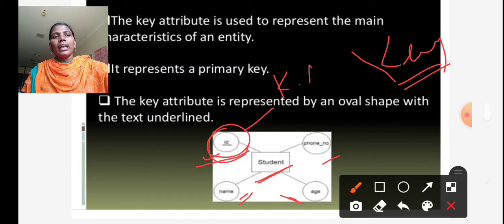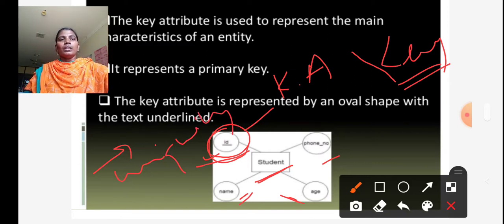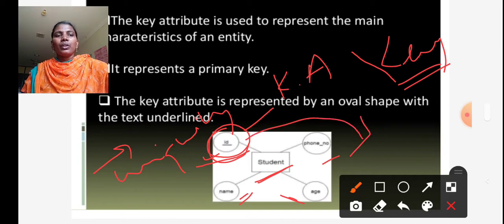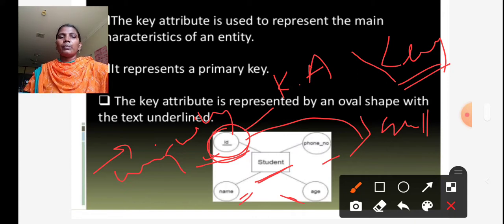A key attribute displays the data values uniquely, and it also doesn't allow duplicate values and null values in that particular column.